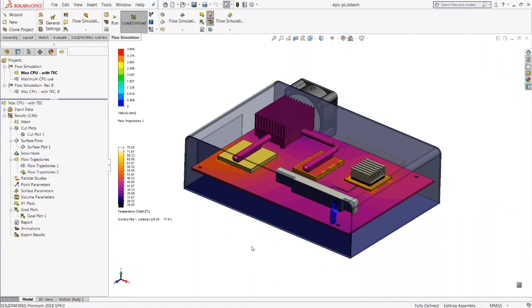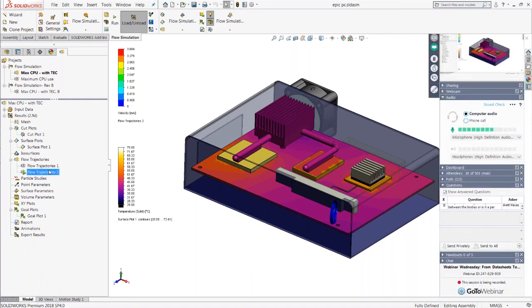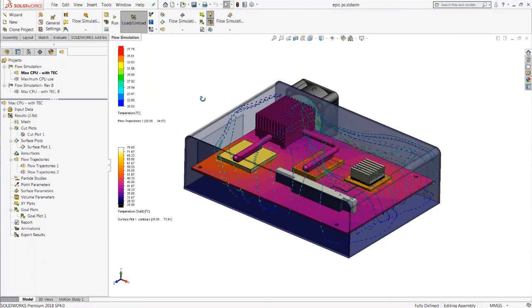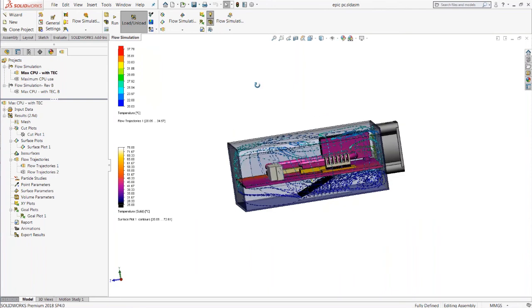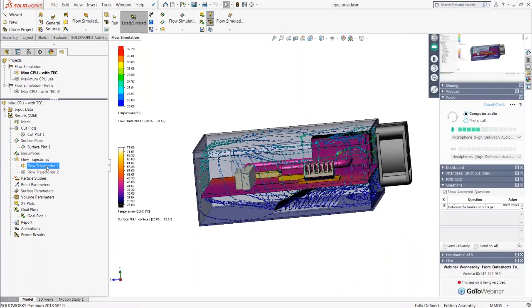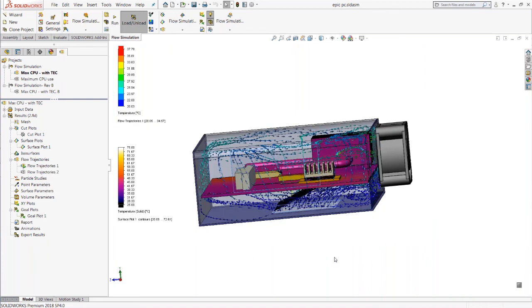Now, of course, the question is, once we've done this kind of analysis and we've evaluated the baseline design, what can we do to improve it? And of course, that's the entire point of SOLIDWORKS Flow Simulation. Because we're integrated into the SOLIDWORKS CAD tool, at this point, I can simply make a change, run the analysis again, and see what happens. And if I look at some of my visual plots, like for example, the flow trajectories here, I might be able to qualitatively just kind of make a guess of